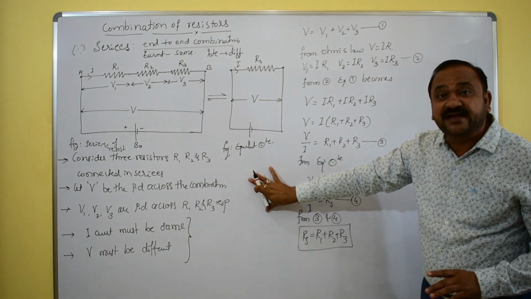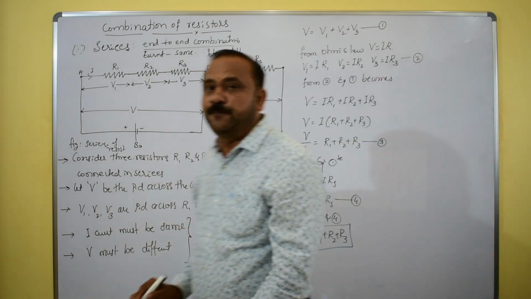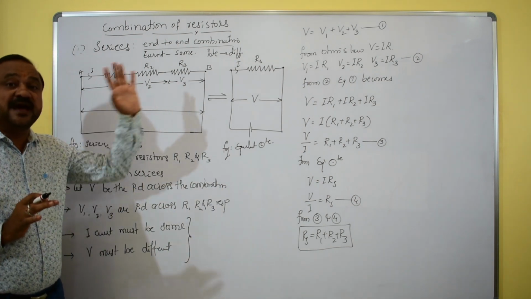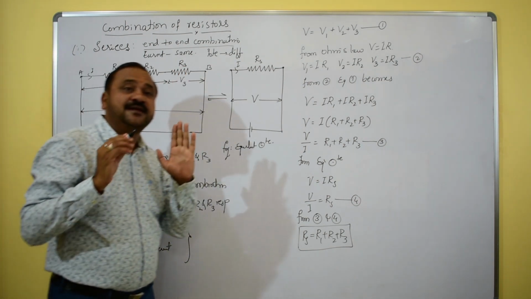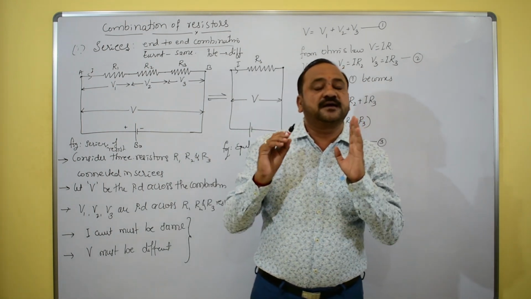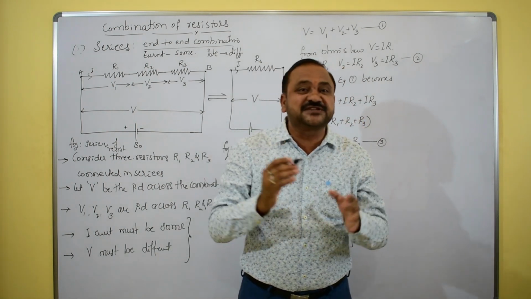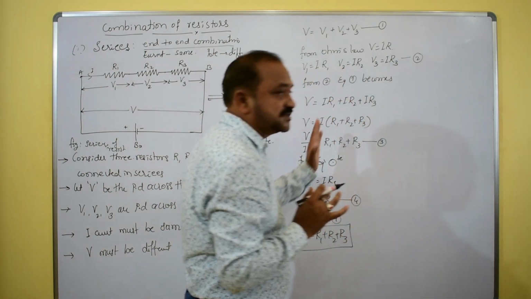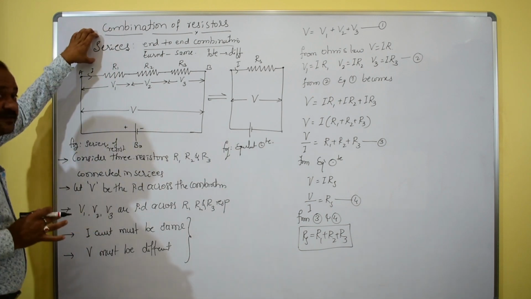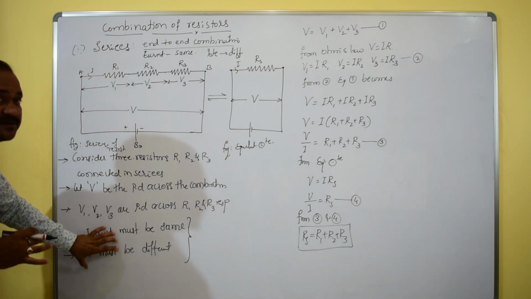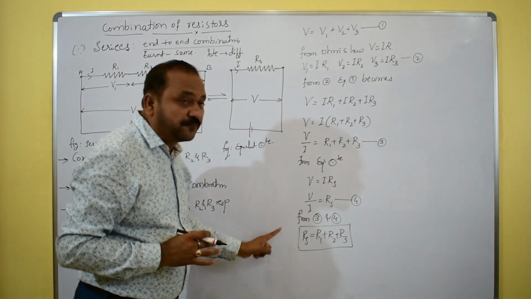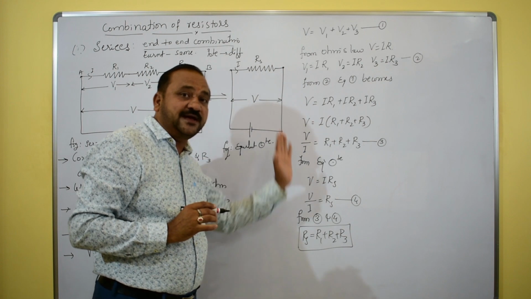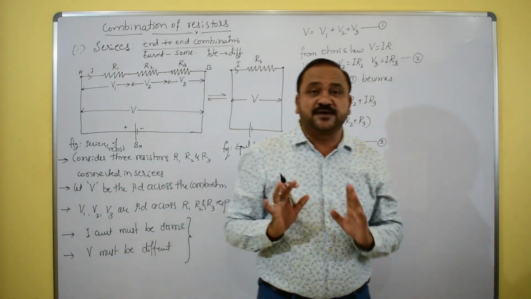This is a very important expression from the examination point of view, for the PU board examination. Four to five times they have asked: find the equivalent resistance of a series combination. So you must be able to derive it. This derivation is very important. First the definition, then the diagram, then the explanation. These formulas are very important, so that you can write systematically and also give the physical significance of the individual terms.